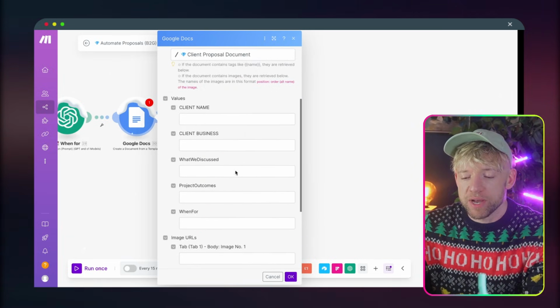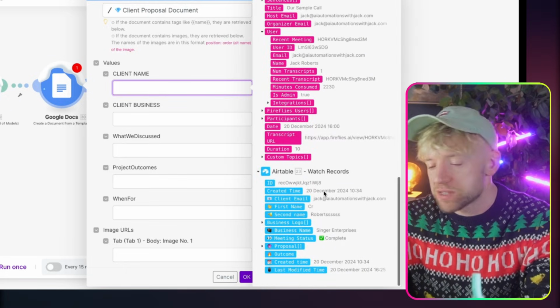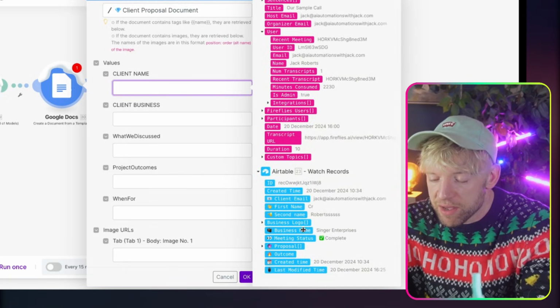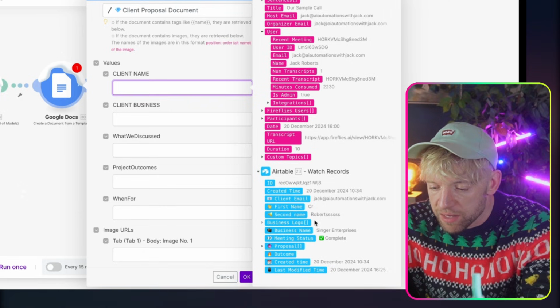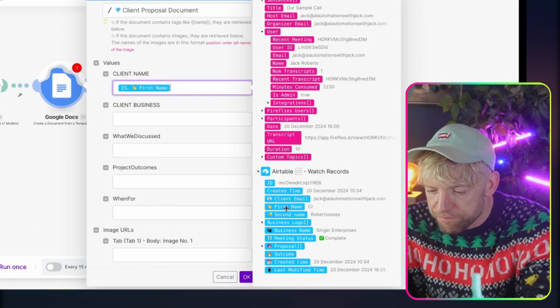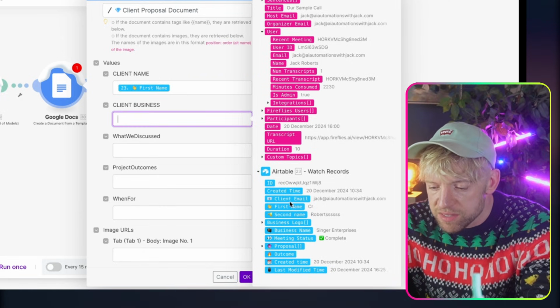And then we've got all the information. So let's start with the client name. What is the client name? Well, we've got it over here in the Airtable, right? So let's have a look. Client name is first name. Cool. Client business name is